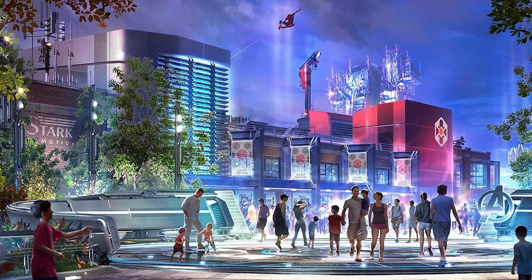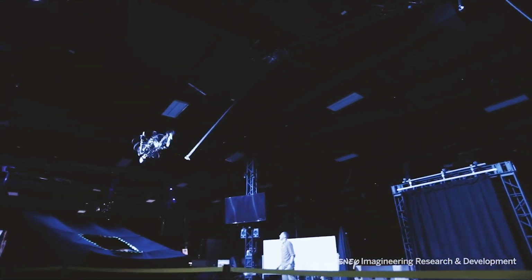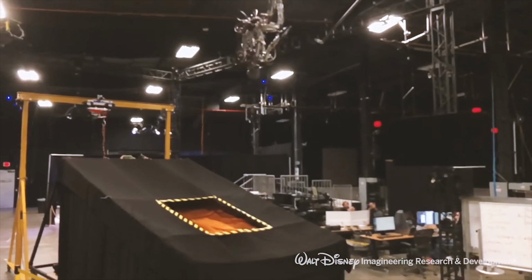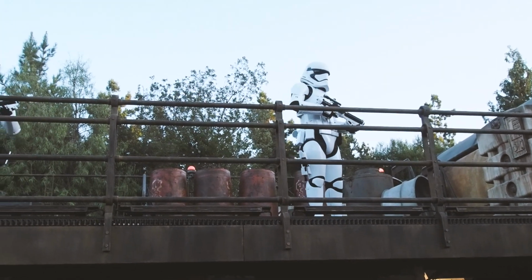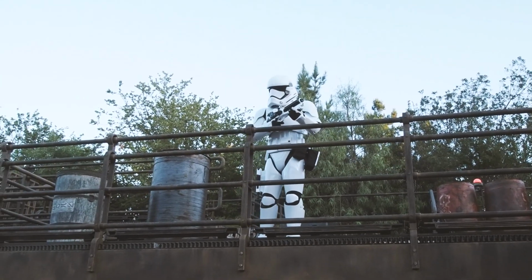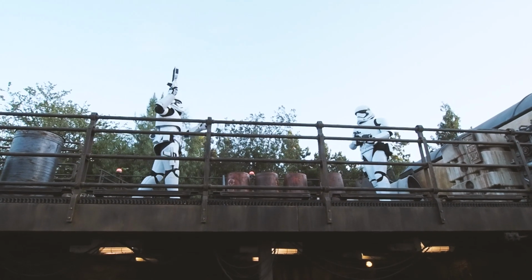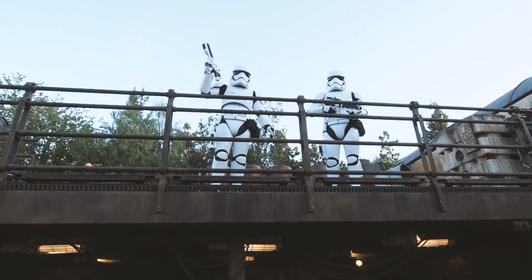What's actually being constructed here is a show building. And for many of us that are huge fans, we've seen this animatronic that Disney has released over on YouTube. So it's easy to think that that crane up in the sky might have something to do with this technology that they've been working on. The fact that we've seen stages in Galaxy's Edge and we've seen them use it with stormtroopers and Kylo Ren, it really makes you think that this idea of getting the story up in the air is a pretty brilliant, masterful way to put all of these heroes,